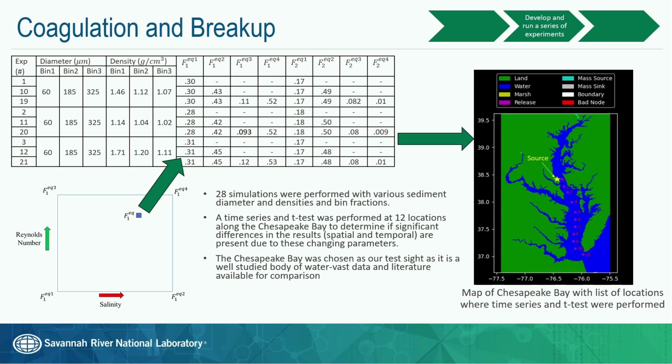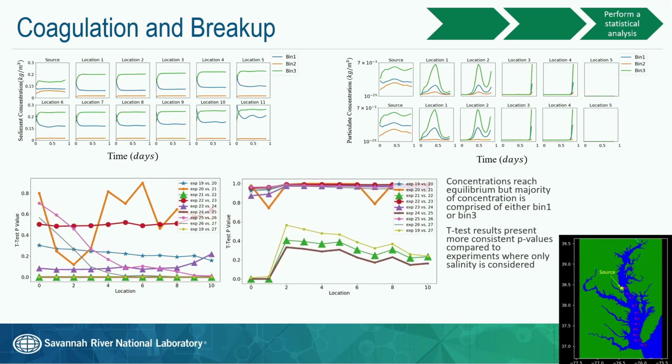In this case, we chose the Chesapeake Bay, which is located on the east coast of the United States around the Washington, D.C. area, as overall this is a well-studied body of water, and due to large amounts of sediment input that goes into the bay every year, there's a large amount of data and literature available for us to compare results to. To show a subset of the results from our simulations, we have time series results for all